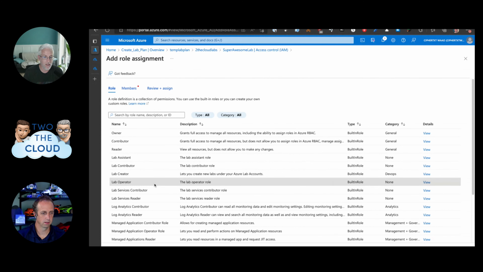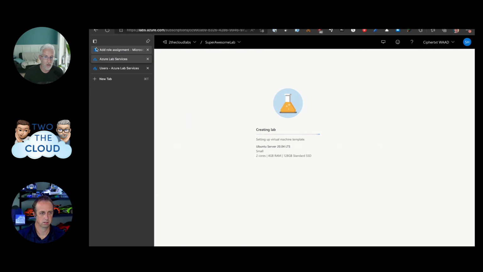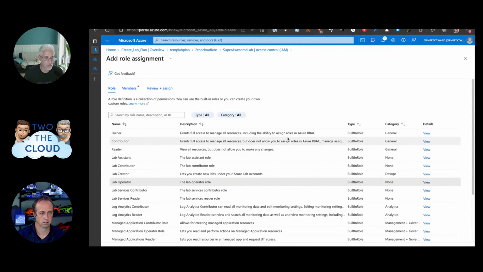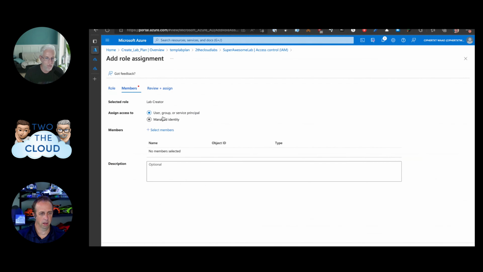Maybe I want you to be a lab operator, somebody who can actually sign in to the labs.azure.com portal and spin up an additional lab against the pre-existing lab plan. Interesting. So you can have co-admins within there, things like that. There is some flexibility with what's available to you. So you can go ahead and make those member assignments.